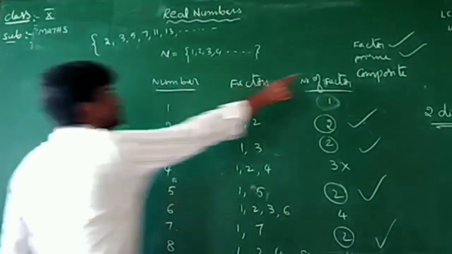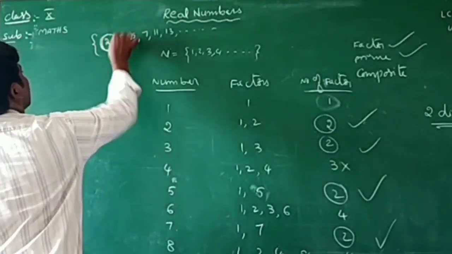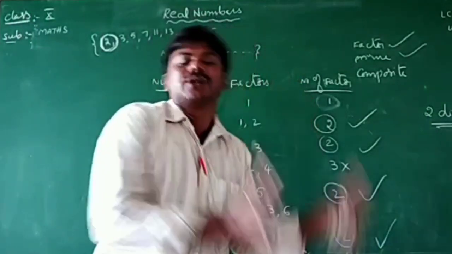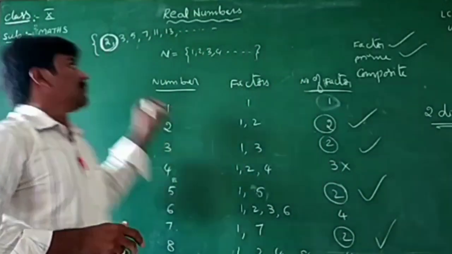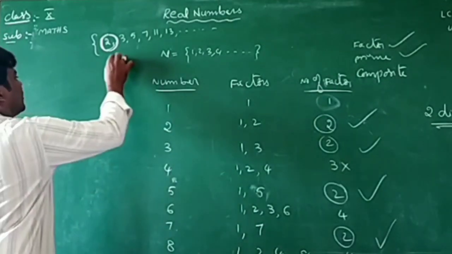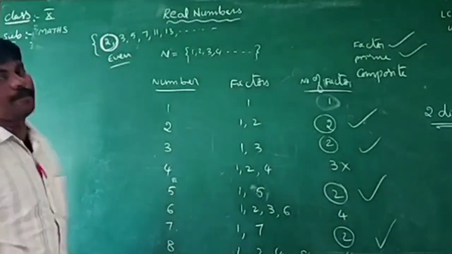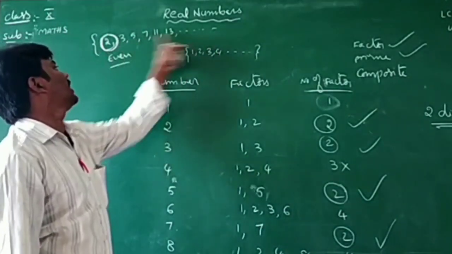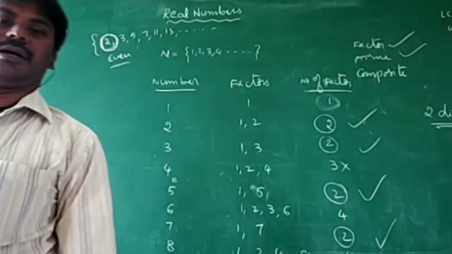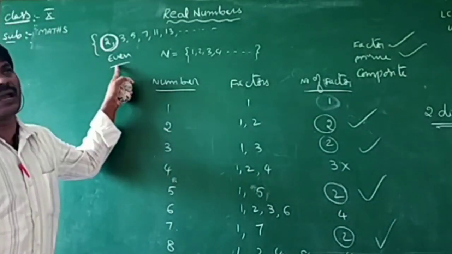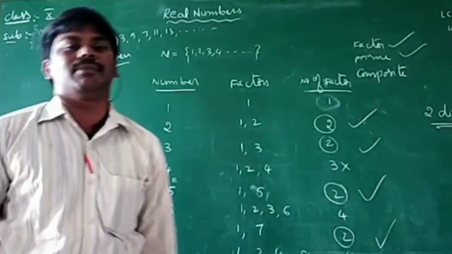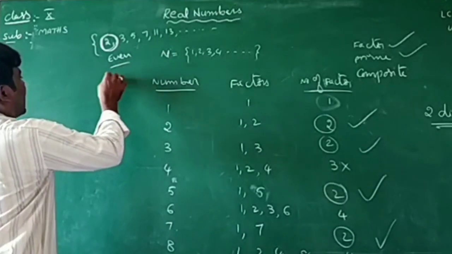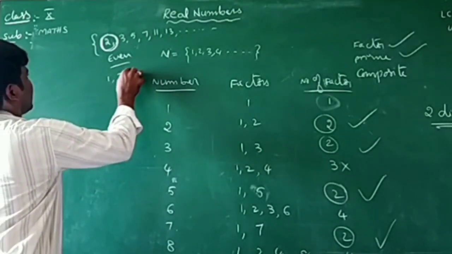And one more thing you should observe about prime numbers. See the list of prime numbers. What is the least one? 2 is the least prime number. Prime numbers start with 2. And other than that, it is an even number, so 2 is also called the even prime. There is no other even number in the list of prime numbers. Only 2 is the even prime. Except for 2, all remaining prime numbers are odd numbers. And one more thing you should keep in mind: prime numbers other than 2 and 5 end with 1, 3, 7 or 9.